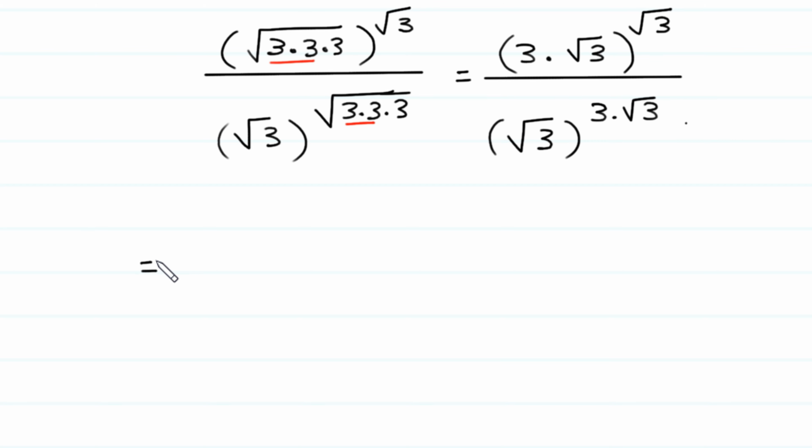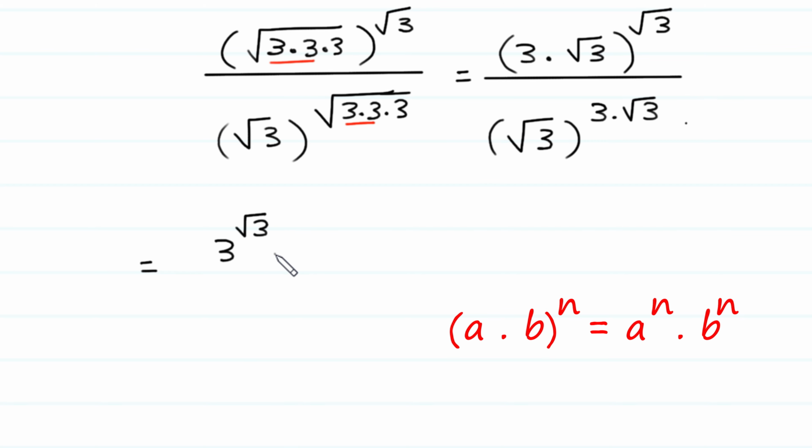Next, there is a rule of exponents that a times b to the power n is equal to a to the power n times b to the power n. According to this rule, this power square root of 3 becomes the power of this 3 and the power of this square root of 3. Like this, 3 to the power square root of 3 times square root of 3 to the power, this power